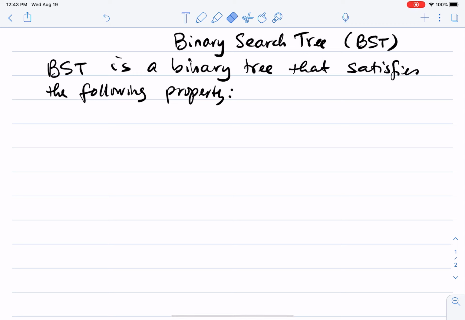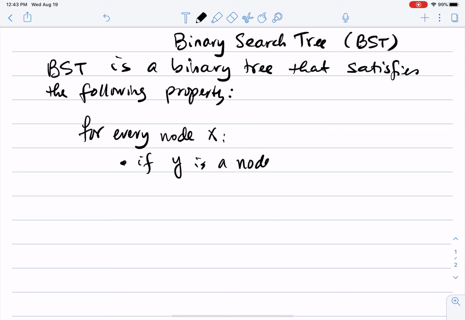For every node x in the binary search tree, if y is a node in the left subtree of x,